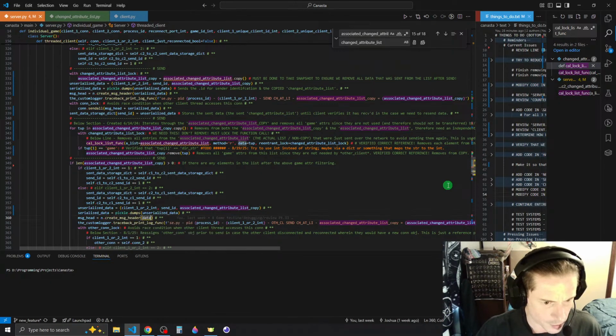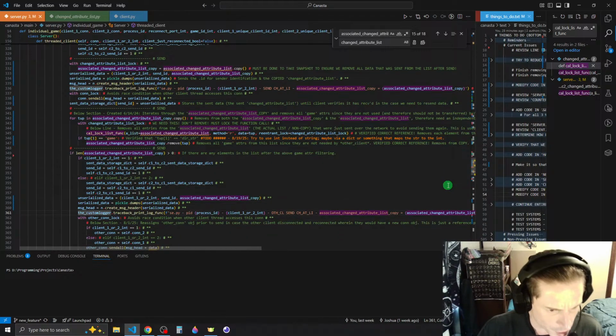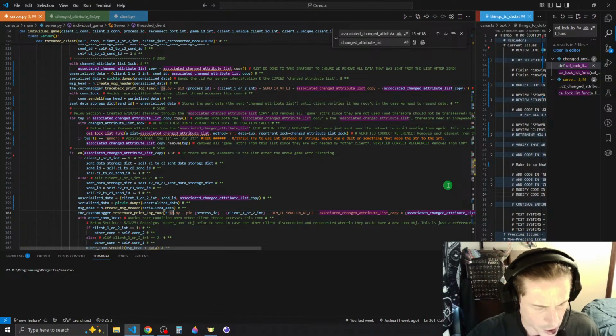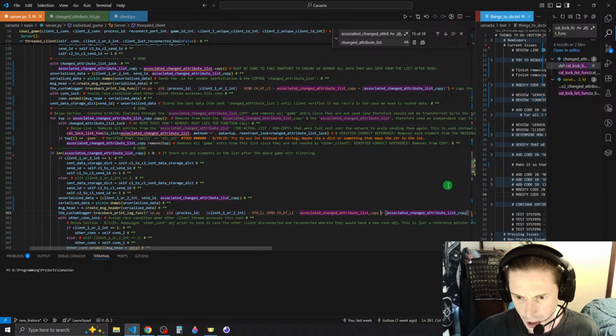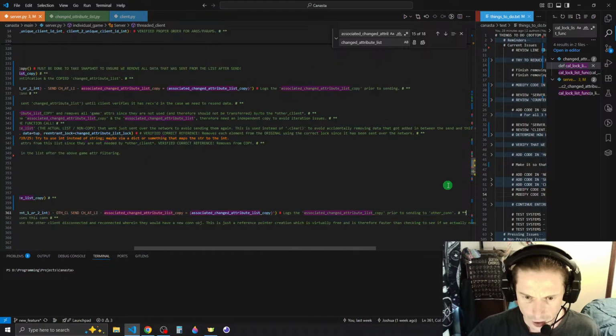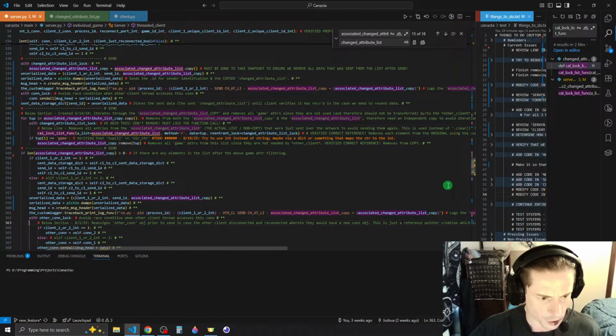And then we create a header for the serialized data. Then we have this logger here which says other client send change attribute list associated with this copy, logs the associated list prior to sending to other con. Okay, and then with other con lock